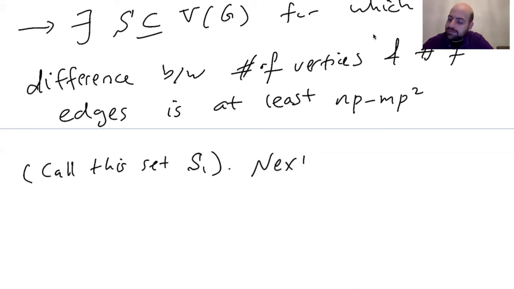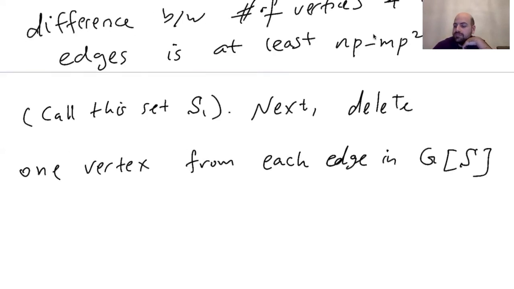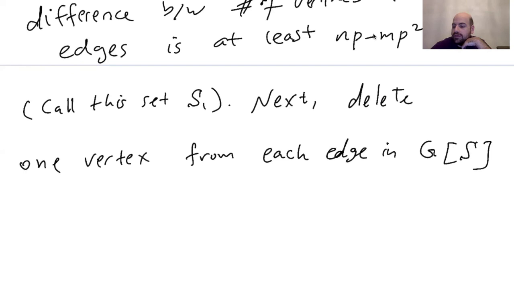Now next, delete one vertex from each edge in G of S1. Then we get a set S2, right, with